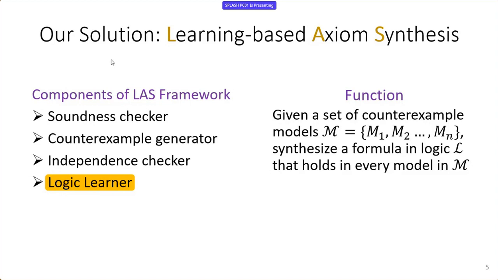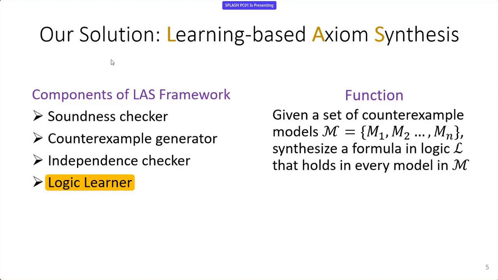You may have also noticed that I've not mentioned a component that checks whether the axioms are good enough, so something like a completeness checker. Since checking completeness is hard enough manually, let alone automated, we keep completeness checking as an optional component and only use it if you can actually build one. It's not essential to have one to use LAS. And I encourage you to look at the paper for discussions about completeness and checking it automatically.